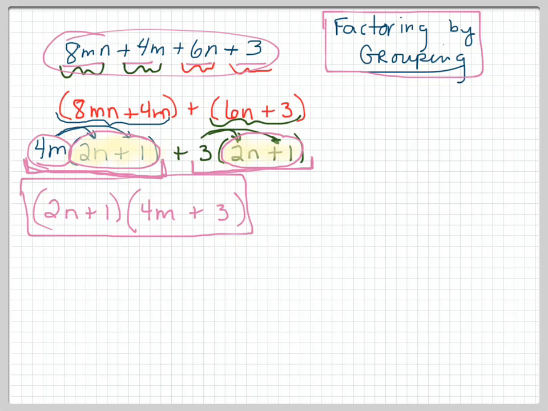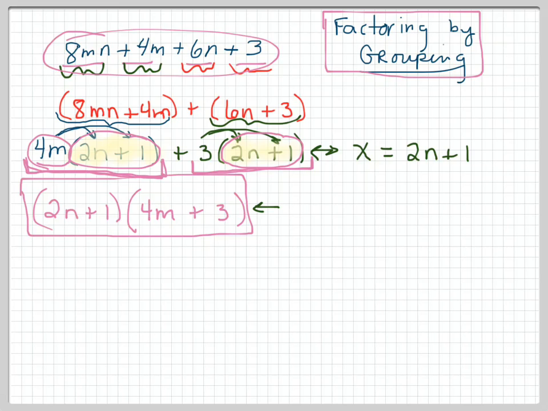I'm going to just show you a couple things here. First of all, let's look at this step right here. A lot of students have a hard time going from that step to this step. I'm going to make a little substitution to make it easier. I'm going to make a variable. I'm going to call it x. And I'm going to let x equal 2n plus 1. Okay? And when I do that,